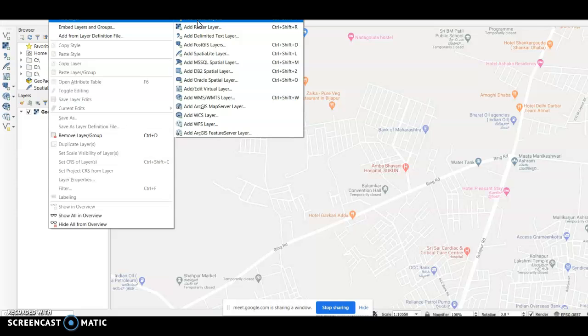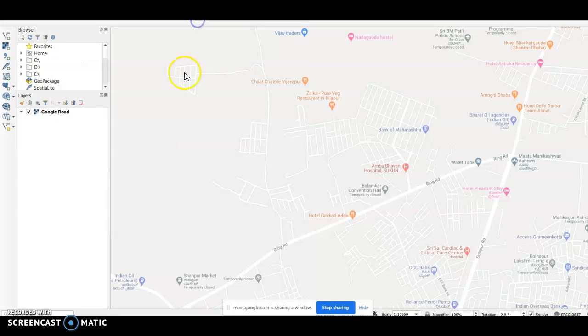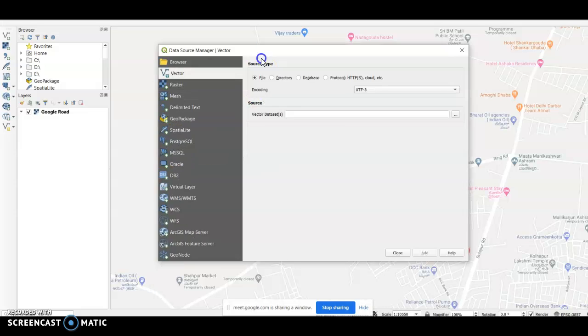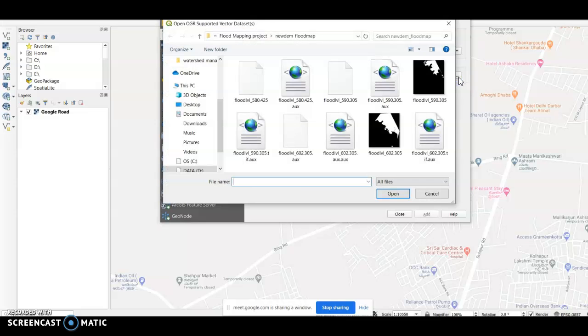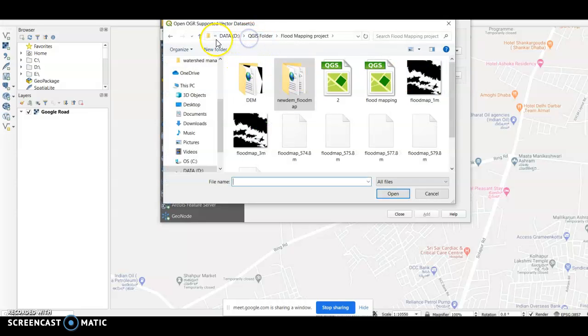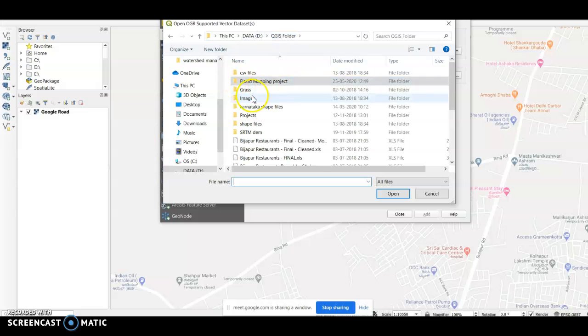For example, I'll click on this add vector data. Once you click on add vector data, this window will open. Here first you need to save the file in some folder. For example, I'll click here and I would like to save it in this particular folder.